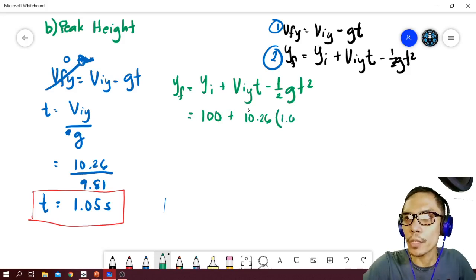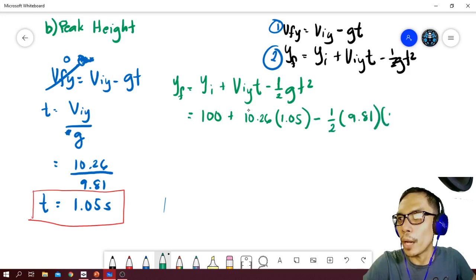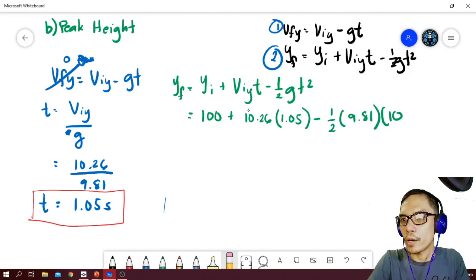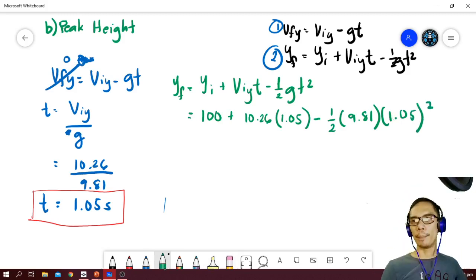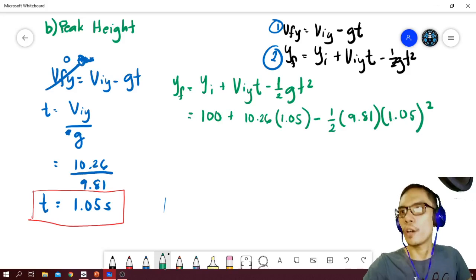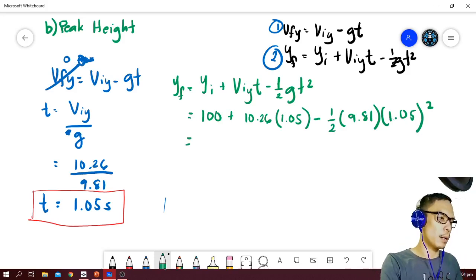So we have 1.05 in parentheses, then minus 1/2 times 9.81 times 1.05 squared. There you have it. If you do the math correctly for that,